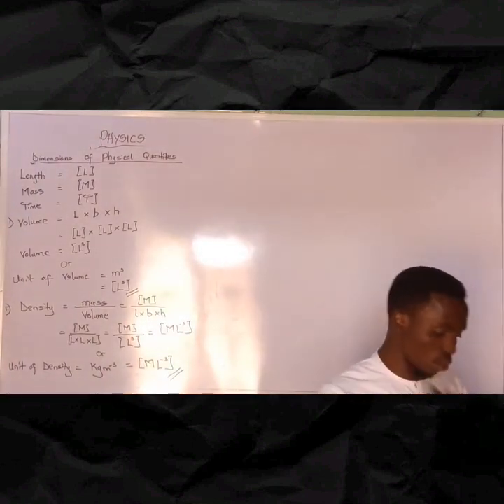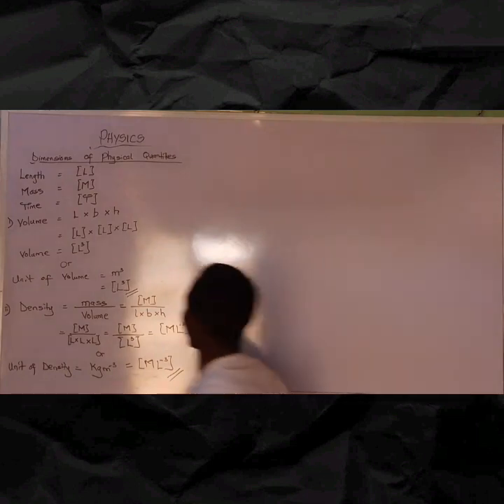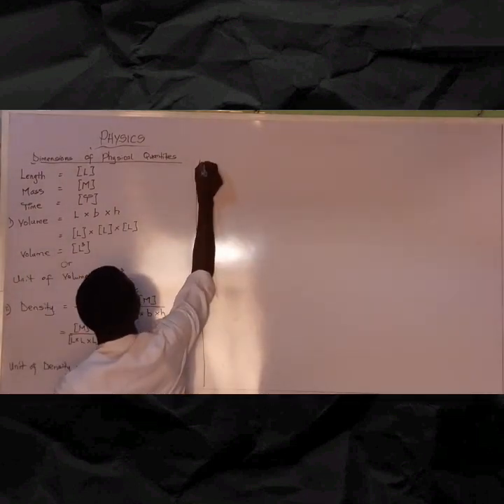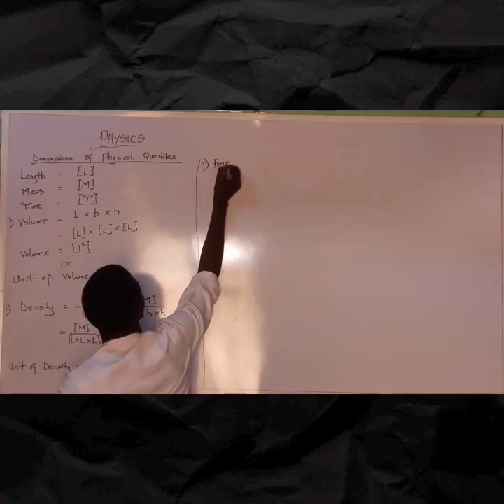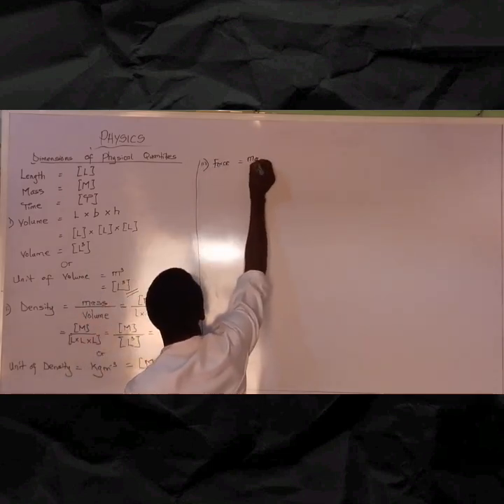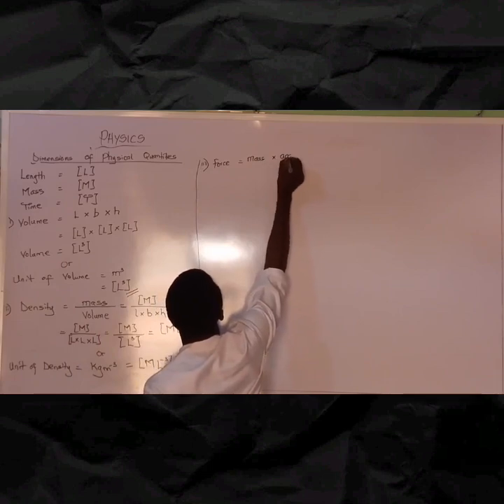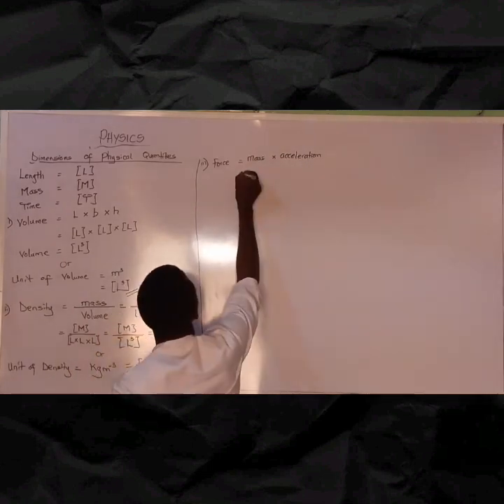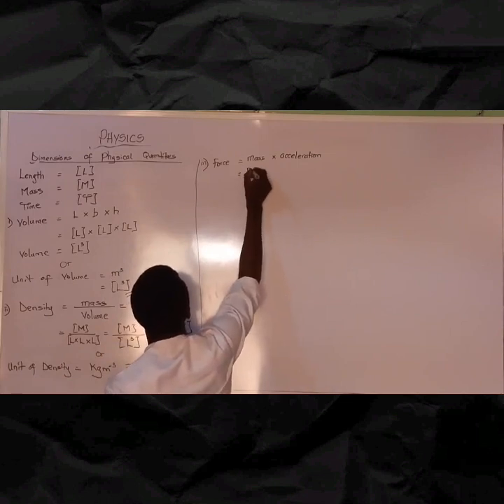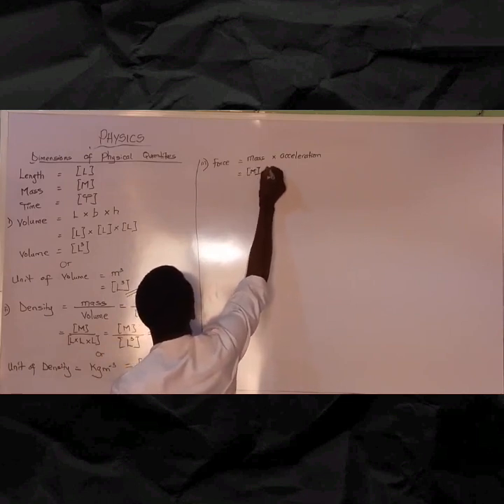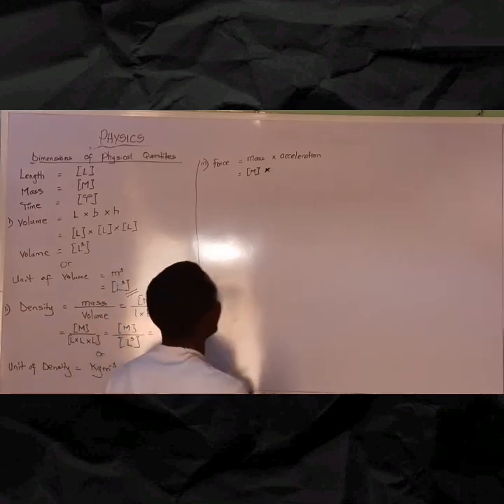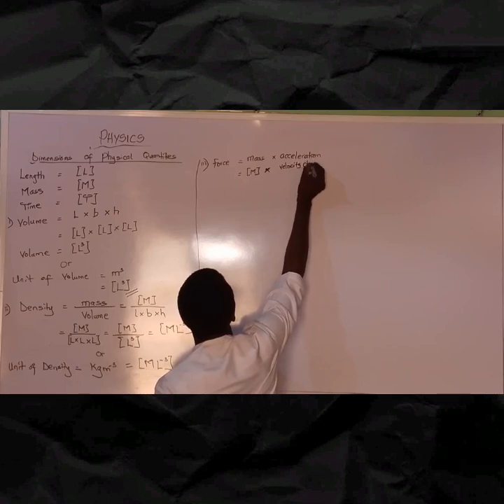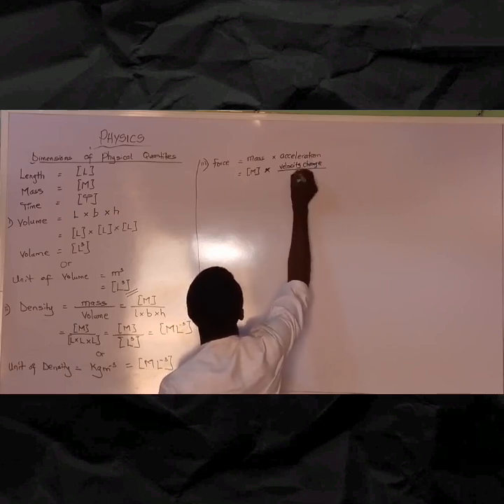So let's go to force. Force is what? Mass times acceleration. Mass and acceleration. Then mass is M. Now acceleration is actually a compound. Acceleration is what? Change in velocity over time,